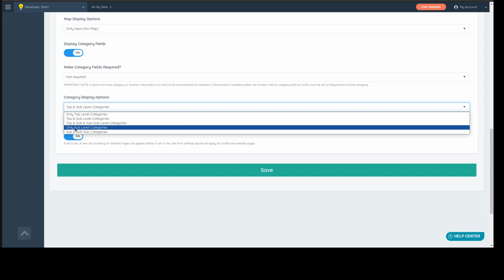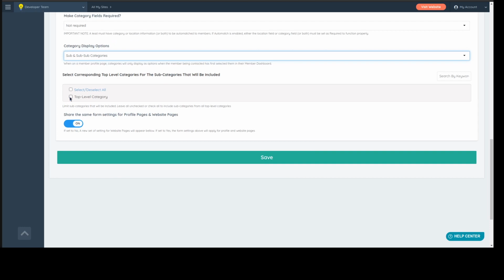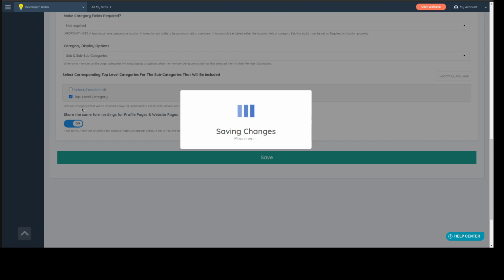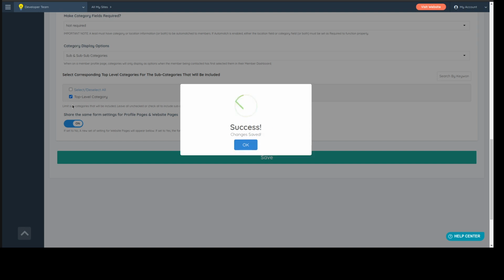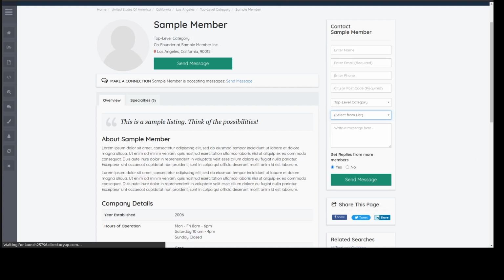Okay, so maybe you want to just show the subs for that top level, or you want to show the subs and subs. So they look like they're the top and sub instead of the sub. Visually, people won't see the top level. They'll see the sub and the subs, but they will think this is the top and then the sub. So again, I'm selecting sub, and I'm also saying which top level category is related to the ones that are going to be showing. So we just refresh this here,